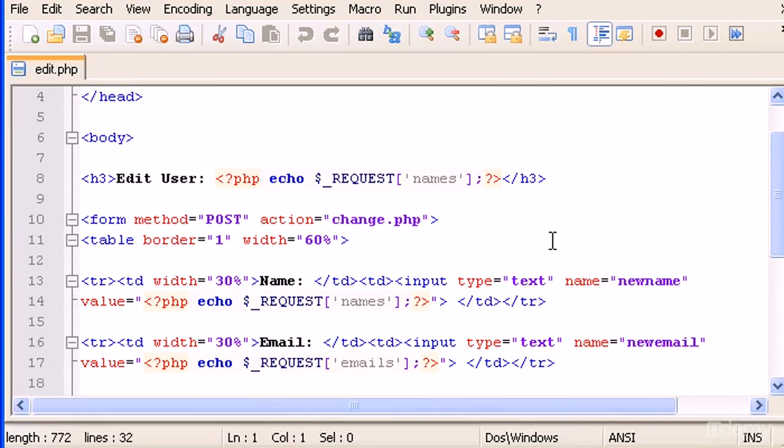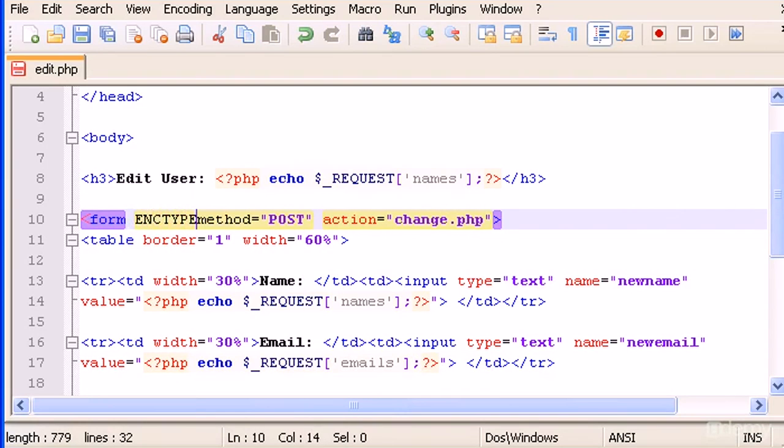The first thing I want you guys to include here is, after form and before the method, we have to type the enctype. This is a line of code that you need in HTML every time you have a form with uploading files. So enctype multipart slash form-data,